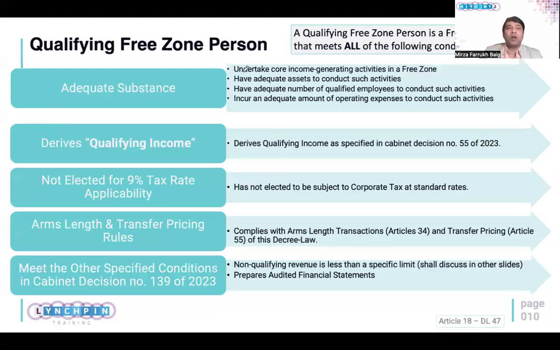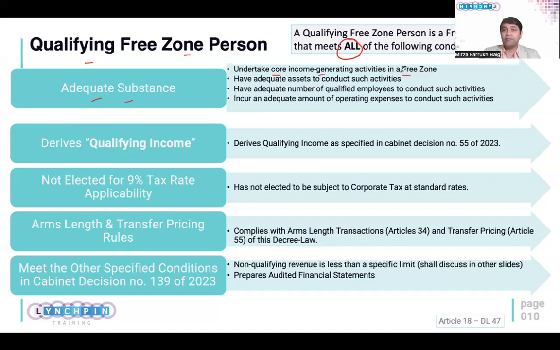So to be a qualifying free zone person, FTA has specified several conditions. And the crux is that you have to meet all of these conditions. First condition is that you should have adequate substance in the zone. Which means that if you are operating from the zone, the core income generating activities must be conducted from